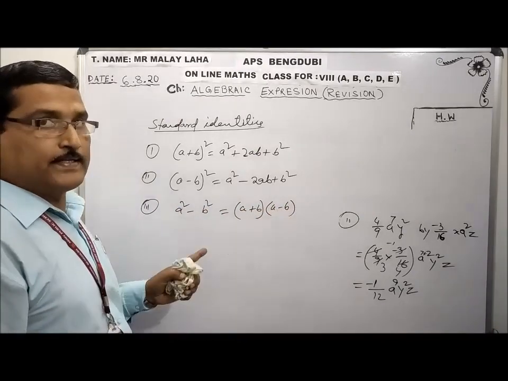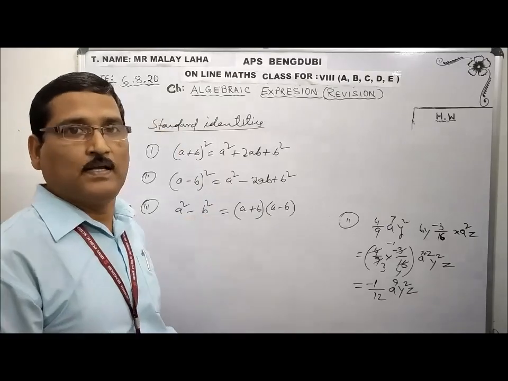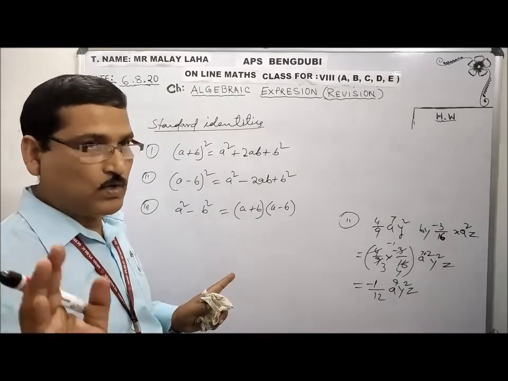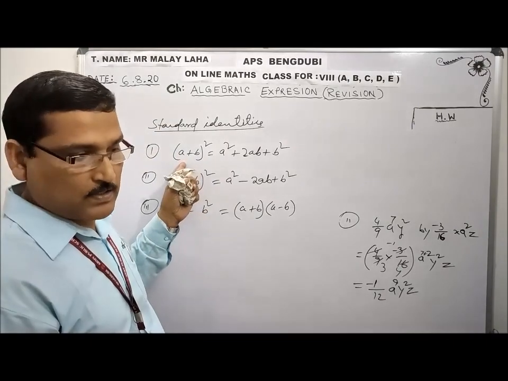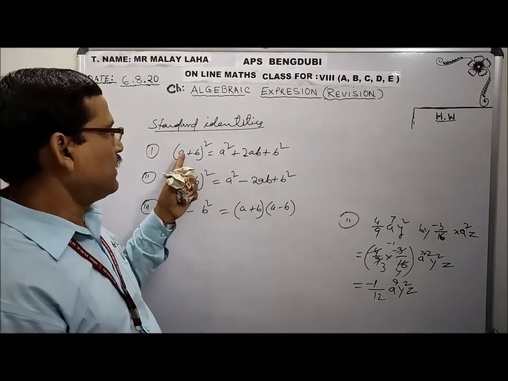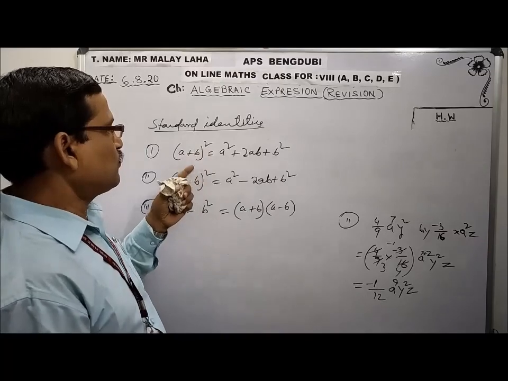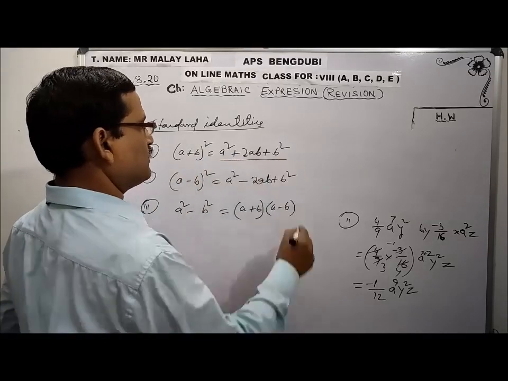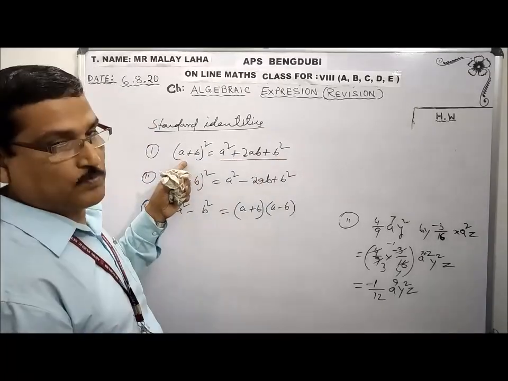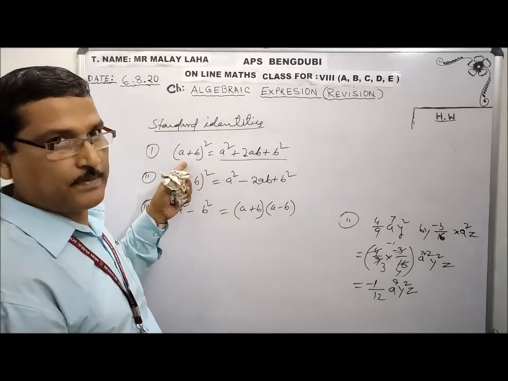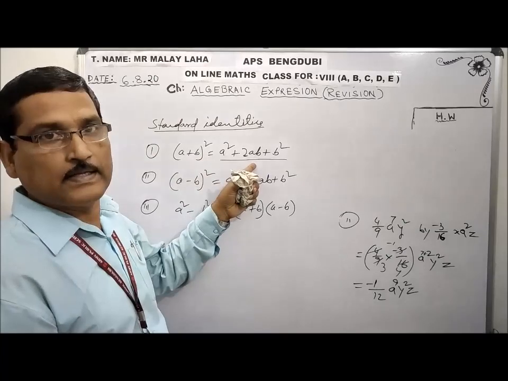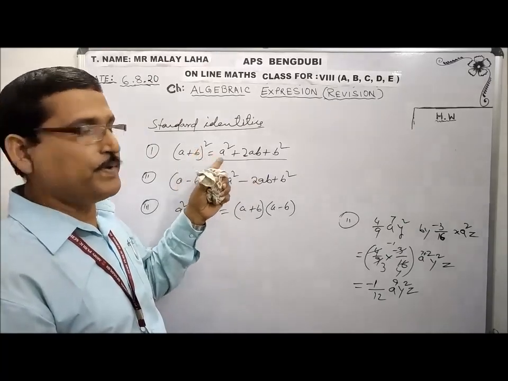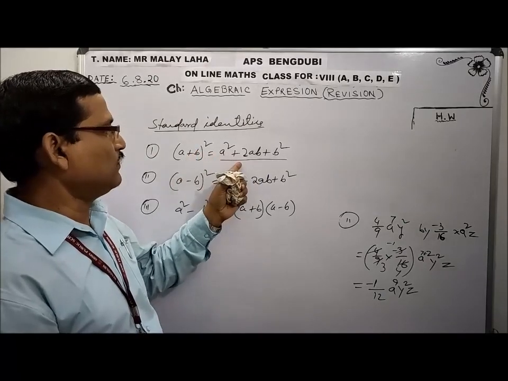Why they are called identities, I have explained in my previous video. I am not going to discuss it again. These are identities. If any rational factors are in the form of a plus b whole square, then you have to write it this way. No need to multiply. Whole square means 2 times the same number. You have to prove it. I have proved it, and after that I will get the number. So instead of proving directly, the number can be formed this way.